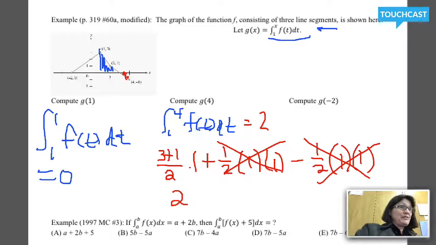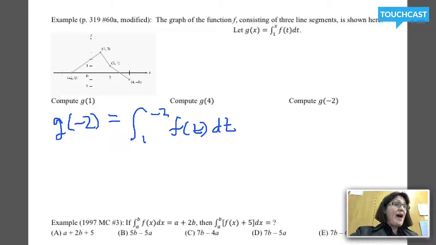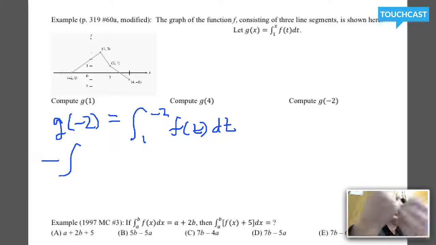Now when it's time to compute g of negative 2, we got to make sure we know what's going on. I'm going to clear this out. All right, so g of negative 2. Start by taking my function definition and replace the x with negative 2. It's going to be the integral from 1 to negative 2 of f of t dt. Well, notice my limits are now out of order. If I want to put my limits into the right order, I can do that. If I want to change the order of my limits, however, I'm going to have the opposite answer. So that's where this negative comes from. I'm going to have the opposite of the result I get when I integrate from negative 2 to 1 of